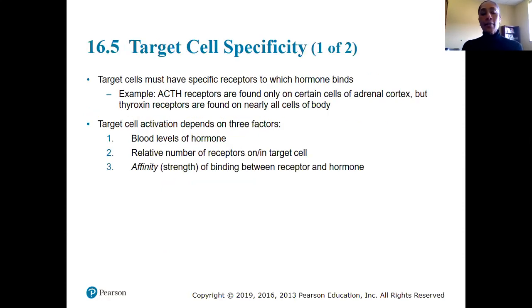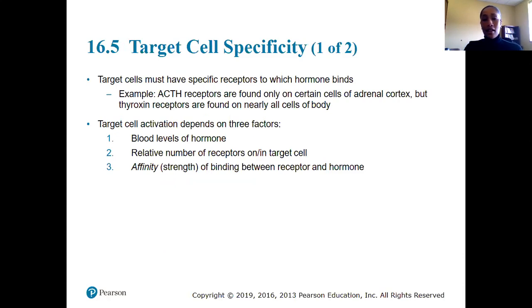Okay, so target cell specificity. This section is basically going to discuss how target cells must have specific receptors for a hormone that is going to bind to it. And it also discusses that the target cell will be activated by these hormones based on three factors. So number one, if our blood has a high concentration of a particular hormone, that hormone is going to cause a response in the cells that have the target cell for the hormone, because we've got high levels of this hormone in our blood. Number two,